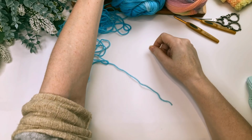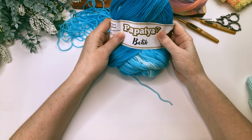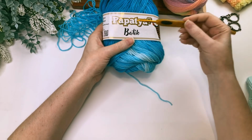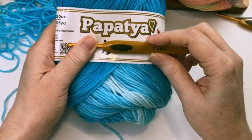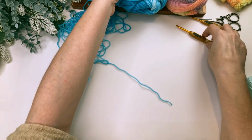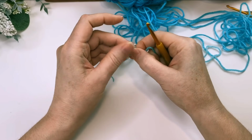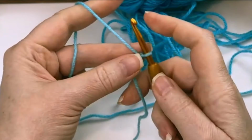So to make up a practice swatch, all you're going to need is some yarn. I'm using some double knit today and I'm going to be using a 4.5mm hook, but you can use any yarn you like. Just go with the hook size that's recommended on your yarn ball band. So I'm going to start by putting a slip knot on my hook, and then you need to chain a